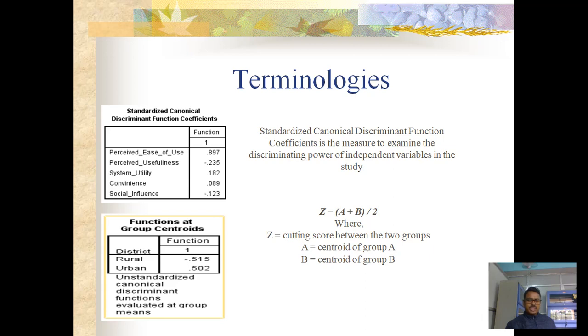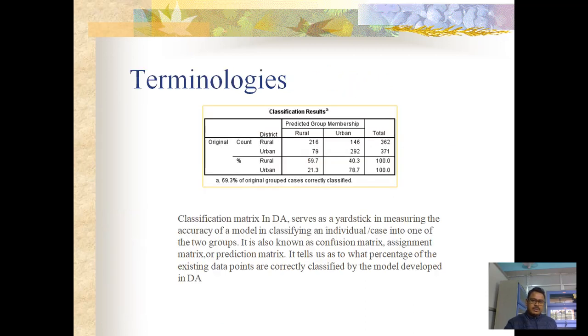So in this case, we can determine the cutting score through which we can classify the groups based on a discriminating score. This is one advantage of linear discriminant function analysis, through which the cutting score can be determined so that the values below this particular score can be classified into one group, and the values exceeding this cutting score can be classified into a different group.